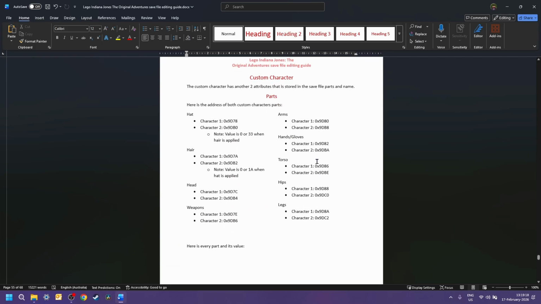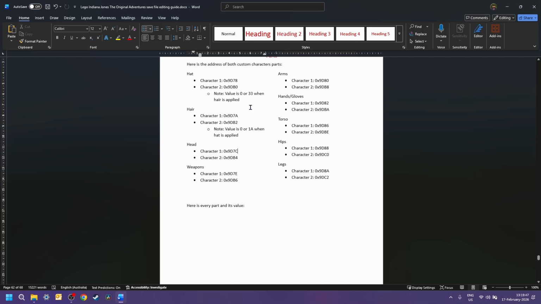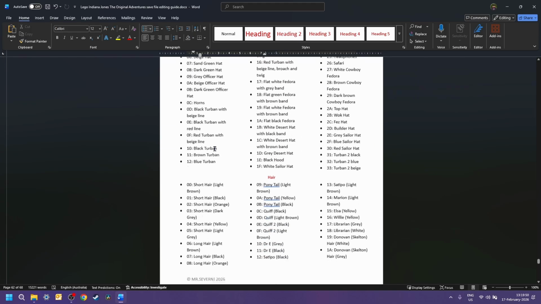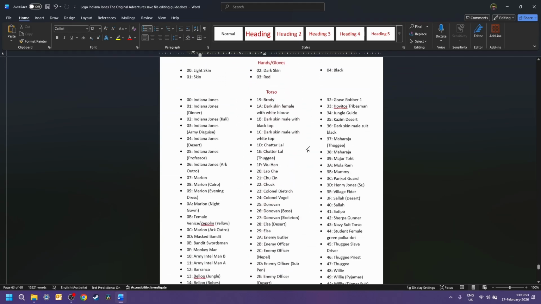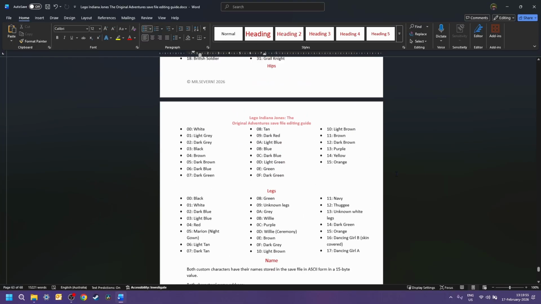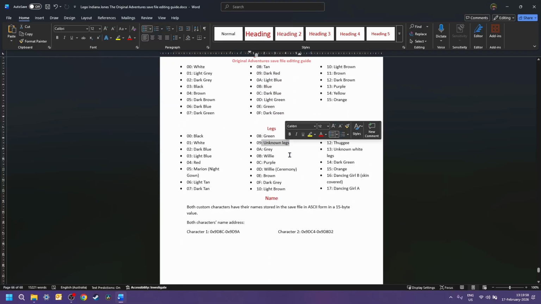Then you have custom characters, and there's no original name. A custom character has all abilities in this game, like the complete saga. Hat and hair, while they are the same object in the game, they are treated as two separate things. And there's a sticky value when you actually change between hair and hat, and that is noted here. And then this is just a value of every piece. And yeah, sorry if it's a bit vague like that.